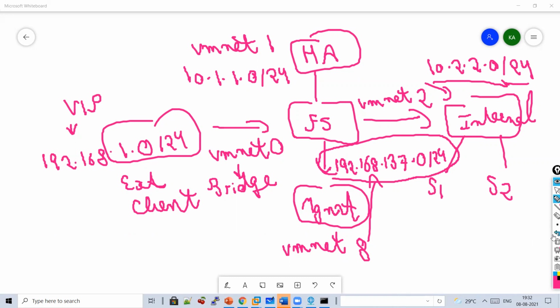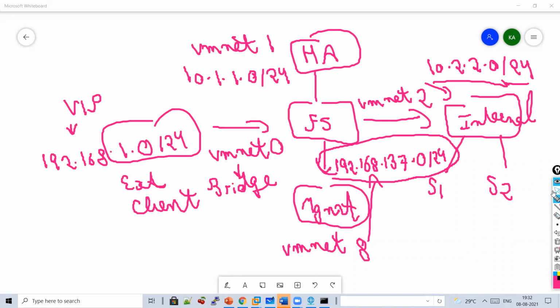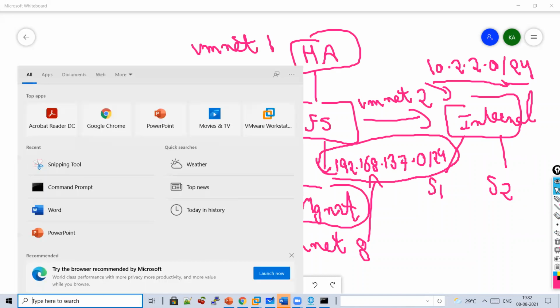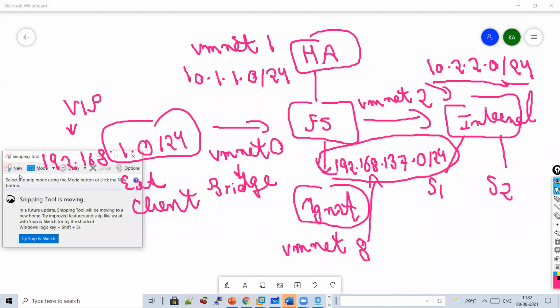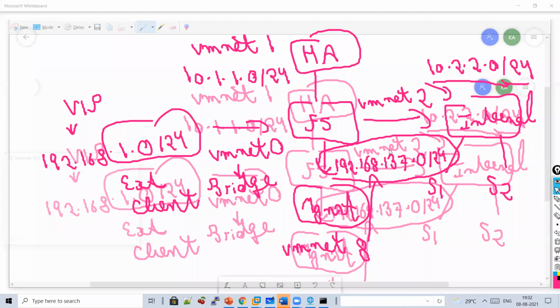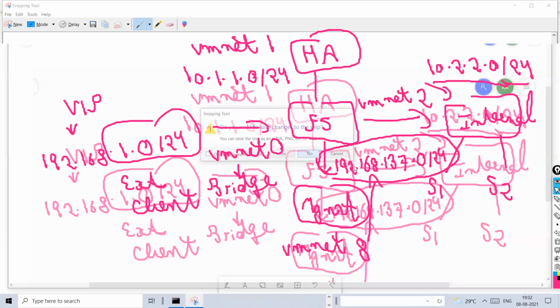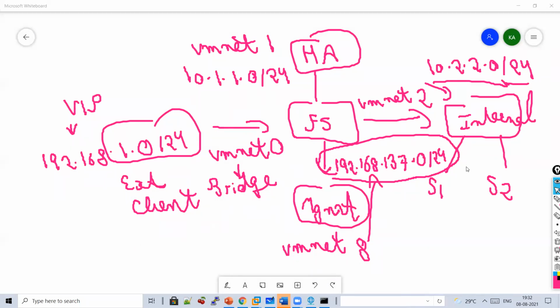If you want, you can take a snapshot of this. I'm just giving you 1 minute so that you can take a snapshot. So this is a little clumsy, anyways. You can just take a snapshot of this, guys.